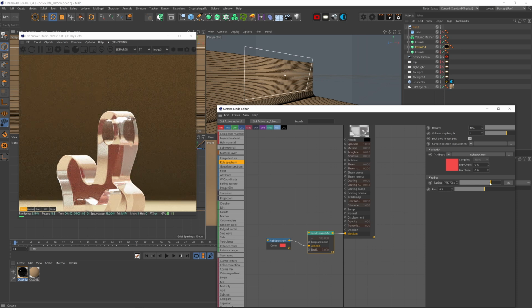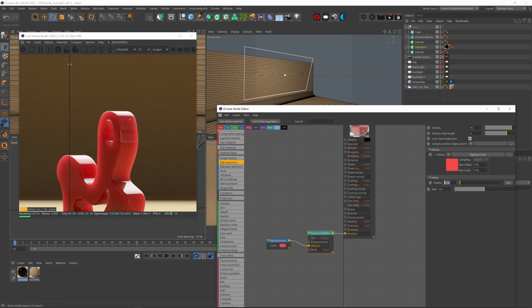Now remember, this also depends on the density of the object. They're fully dependent on each other. If the density is set at 10 with radius at 1 centimeter and I bring up the radius to, let's say, 10, now the material is very transparent. But if I also multiply the density by the same amount, so I set it at 100, now we're back